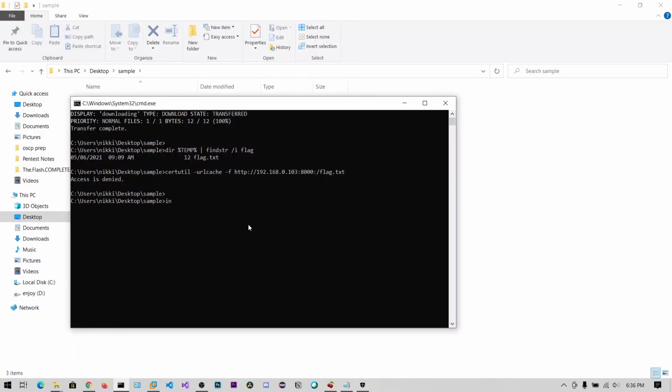You can also say Invoke-WebRequest, the IP, the URL, and you can also say -OutFile, the destination path.